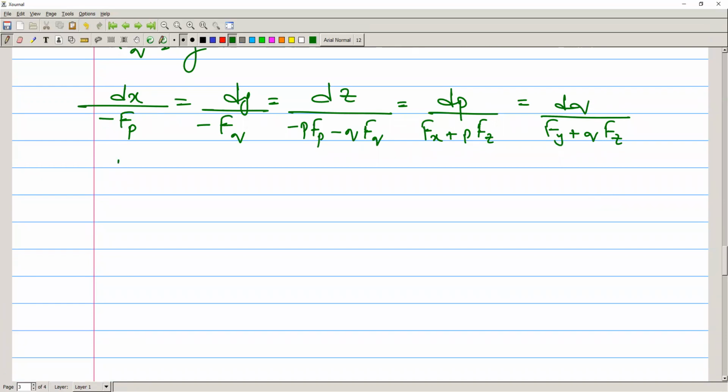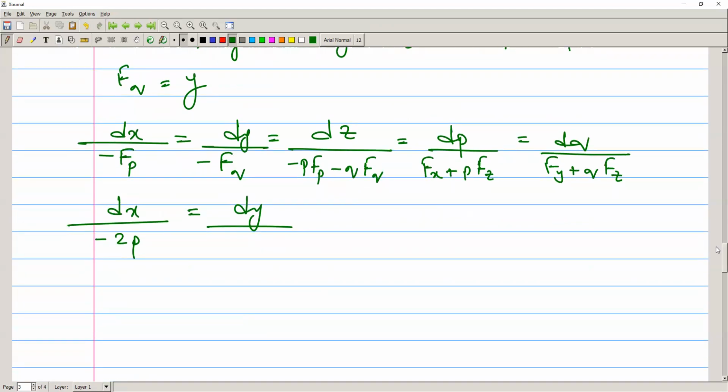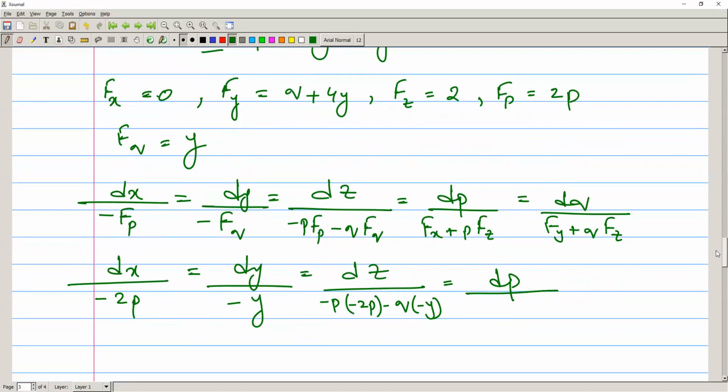So now we'll plug the values. fp is equal to 2p, so it will be negative 2p, dy over negative fq, and fq is equal to y, so it will be dy over negative y, dz over negative p times fp, that is negative 2p, minus q times fq, that is negative y, is equal to dp over fx. fx is 0, so 0